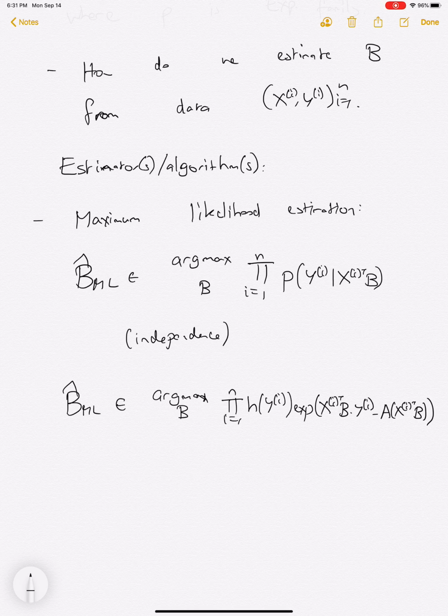Okay, so here what we have is that this is your theta of i, and this is your theta of i here. And so this is why we end up with this form. So remember that this is just using exactly the form for the natural parameter exponential family distribution. Okay, and we also know that this base measure or base distribution plays no role because it doesn't involve B at all. So we can re-express this just as we did in the previous lecture when we looked at maximum likelihood in the univariate case for exponential families. This works out very nicely, the product just becomes the sum when you move it into the exponential. So you get